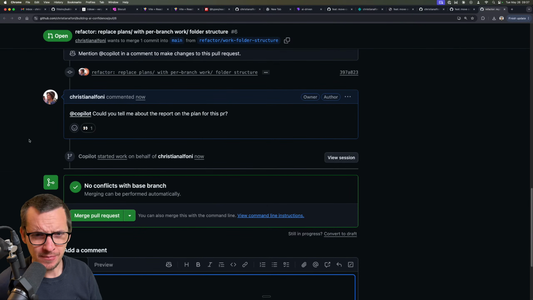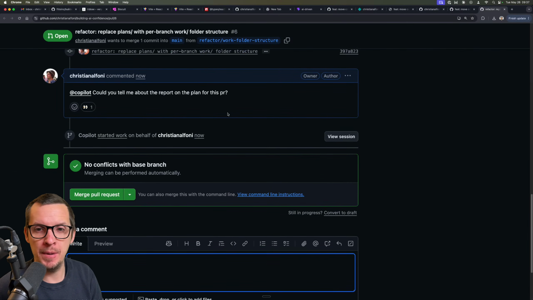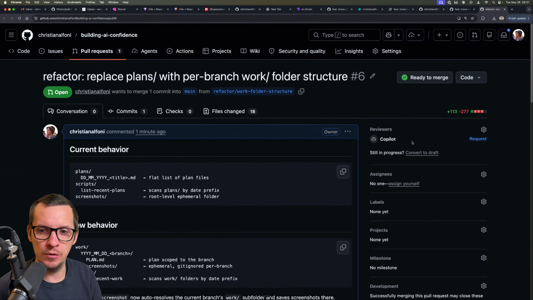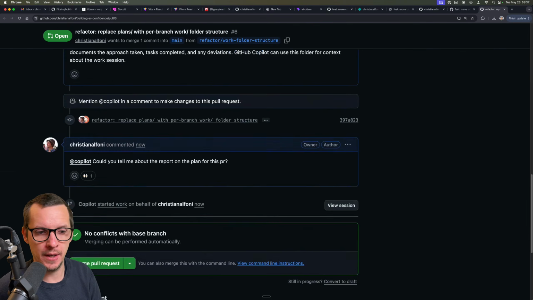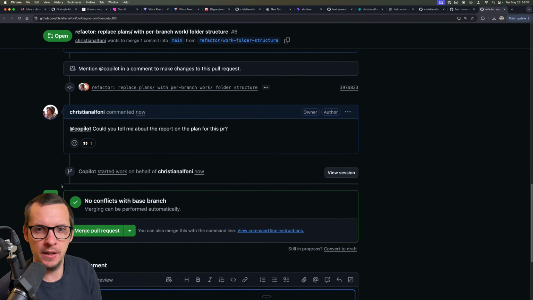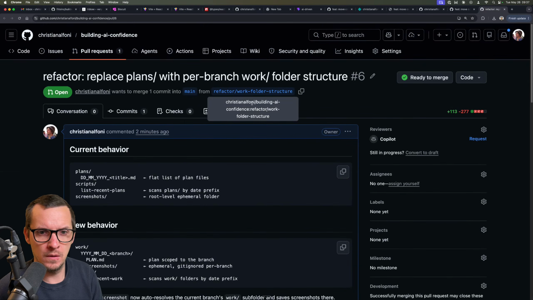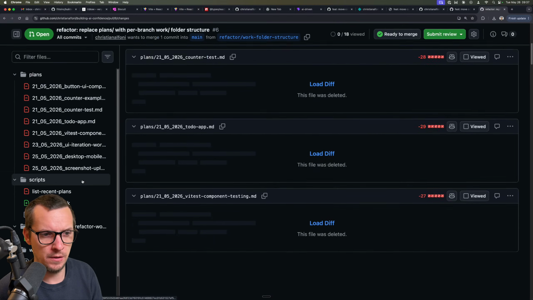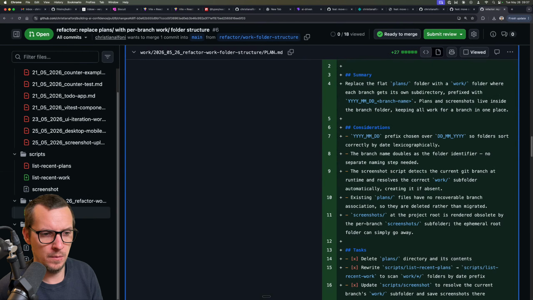So the point is that we can use Copilot to review the agent work. And maybe just adding Copilot to do a review is a way to actually, it should just do a review of the session as well. That's the interesting part. Because this includes the plan.